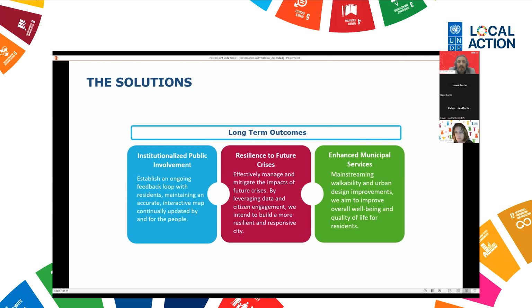About the long-term outcomes: institutionalize public involvement, establish an ongoing feedback loop with the residents, and build resilience to future crises. As you know, we now face a lot of crises here in the Middle East. So we have to manage effectively, mitigate and reduce the impact of future crises by leveraging data from the citizens. If we hear from the citizens what they need, what they have, and what they think about the crisis, we can serve them